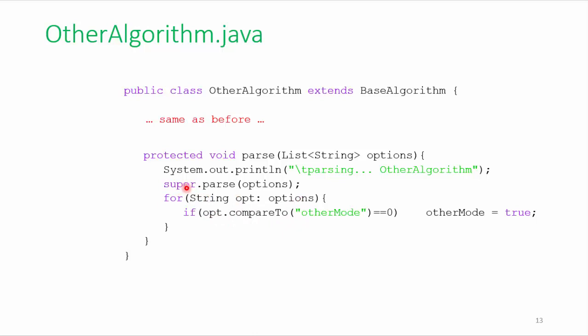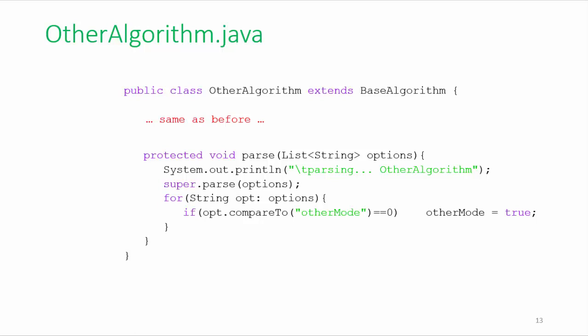And then because we are a subclass of BayesAlgorithm, if we have an object of class OverAlgorithm, when we tell it to parse a list of options to see what attribute needs to be turned on, set to true, yes, it's going to take care of all the attributes that are defined in OverAlgorithm, but it needs also to call the superclass version of parse so that it can take care of all the attributes that were defined in the superclass. That's the only trick here. So that's basic inheritance and polymorphism. So we have code that's going to be able to parse all the attributes throughout the hierarchy of inheritance